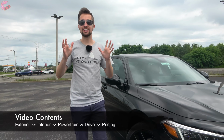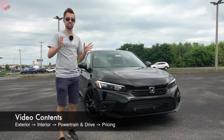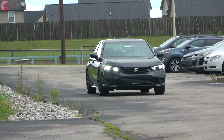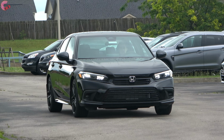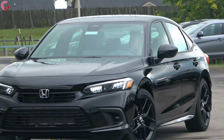What's going on YouTube? So of course it's a big deal when a new Civic comes out because it is such an incredibly popular sedan. And just shortly ago, we gave you guys a really detailed review of the entire Civic lineup featuring the Touring trim level. But what we wanted to do today was take a detailed look at this Sport trim level,